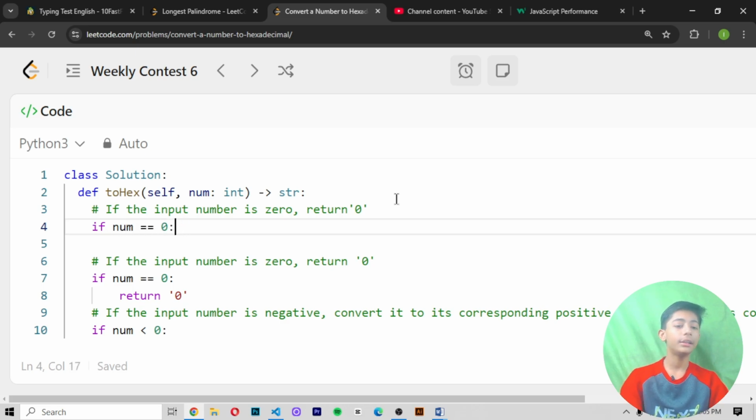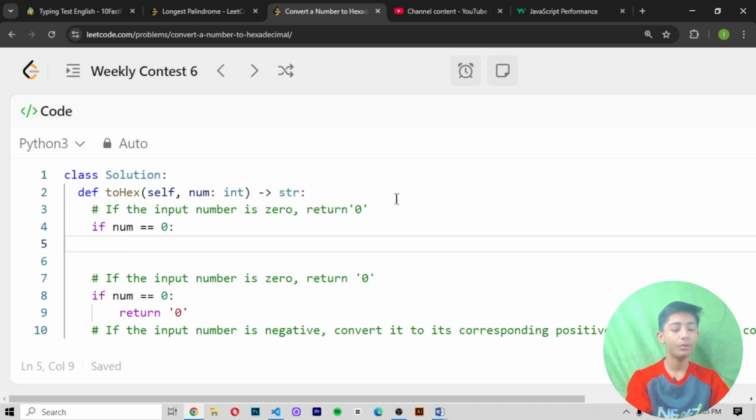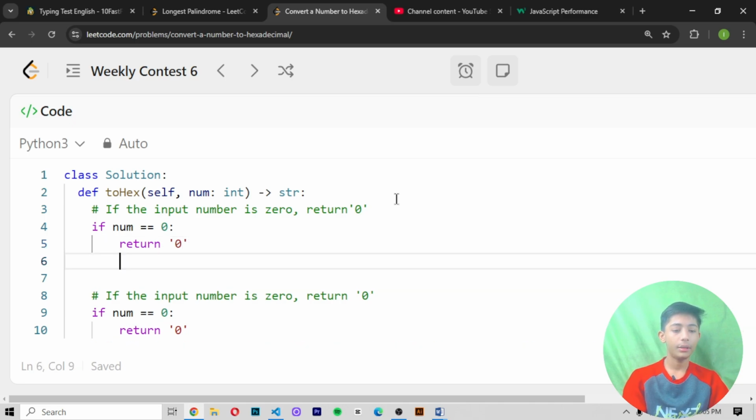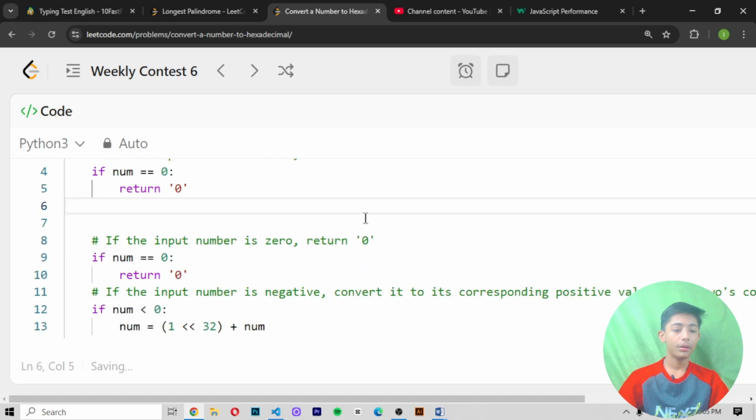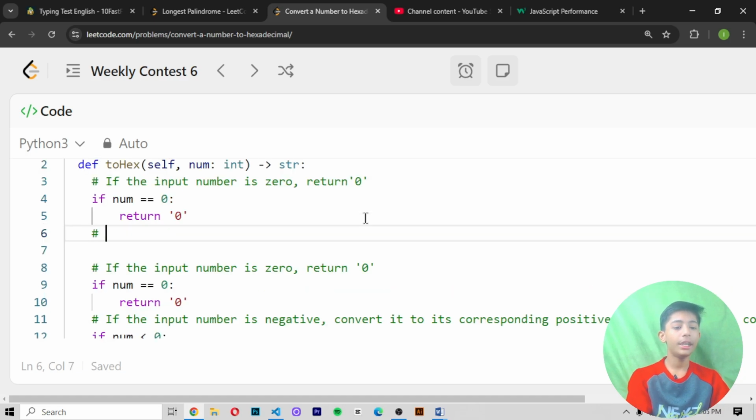And why do I write this in the fourth line? Because if the input number is 0, return 0. So this is the concept of this fourth line of code. Return 0, and give a space here.